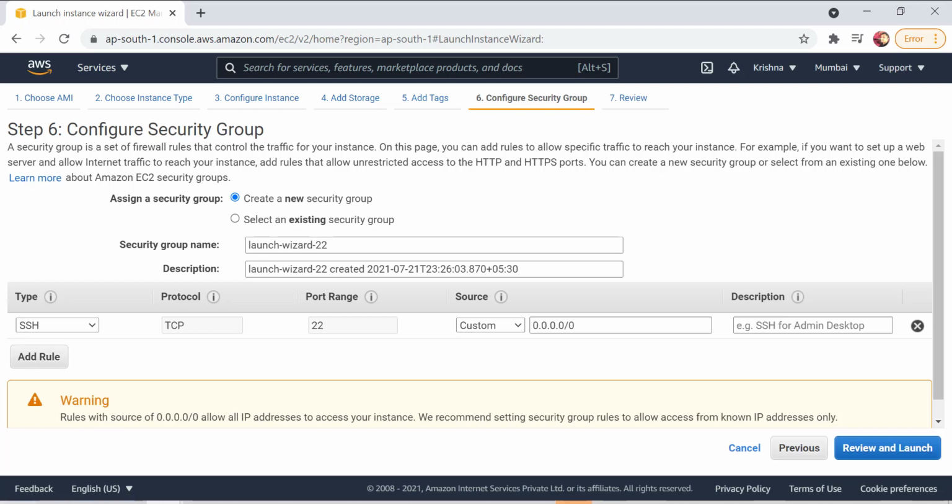Right now, I'm just showing you how we can create a Linux machine in a very brief way, so that if you want to learn just Linux, you can practice with the AWS account, and that too for free. You don't have to install a Linux system on your laptop. You can directly create a Linux system with the help of this Linux EC2 machine. So just click on review and launch here.